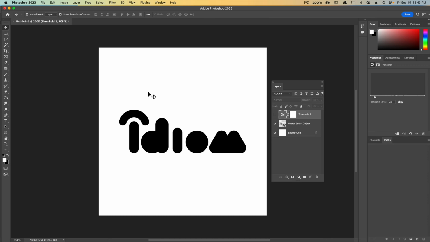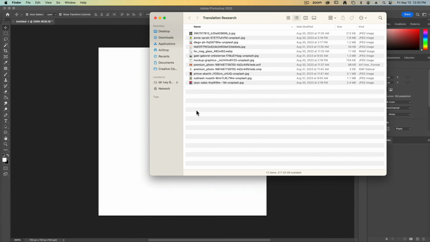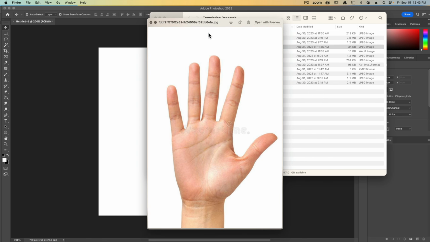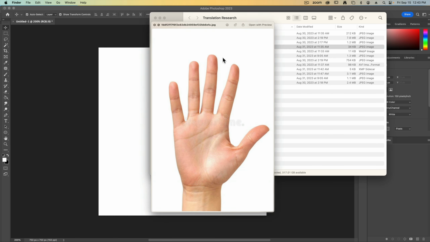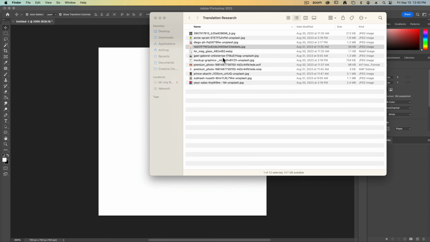For the third prompt, let's use some of our visual research and see what this can do to an image that we've created or found. So I've gone in and I've tried to find some images that fit well for my brand or I think I could use for my designs. In this case, let's say I wanted to take this hand and turn this into a simple illustration that can be done quickly and turned into